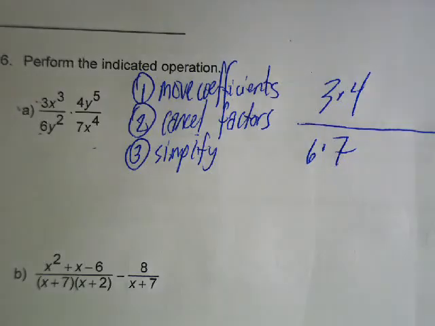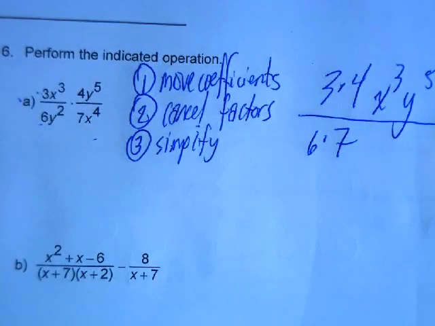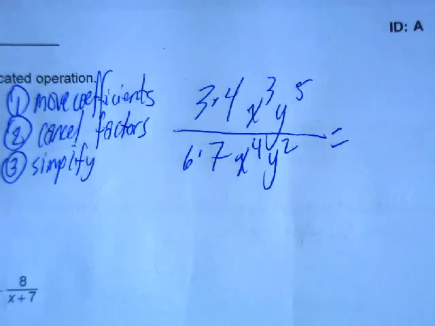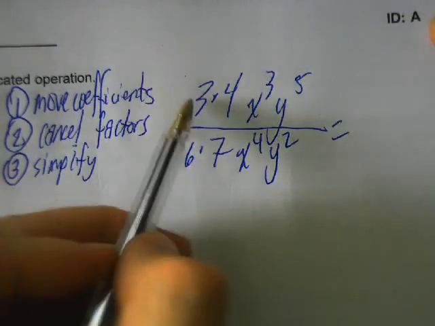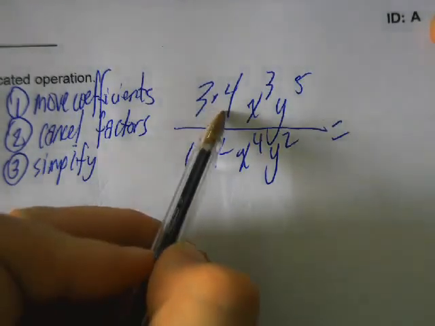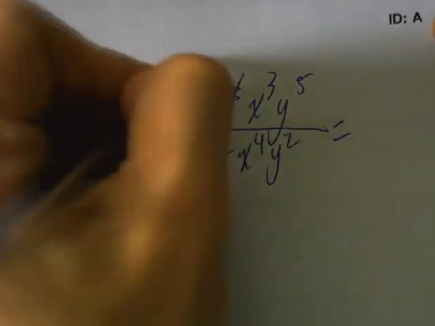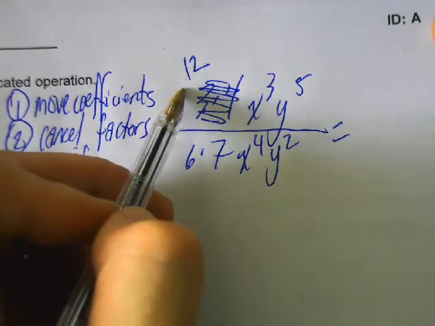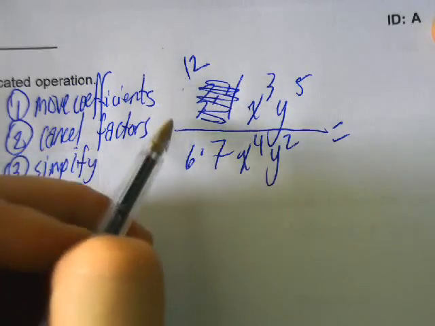Now you're going to work with your factors. You have an x cubed on the top and a y to the 5th on the top. You've got an x to the 4th on the denominator and a y squared on the denominator. So now you're going to cancel your terms. On the top, you see where you have 3 times 4? 3 times 4 equals 12. Cross out everything, the 3 times 4, and just write a 12. Now look at the denominator. We have 12 divided